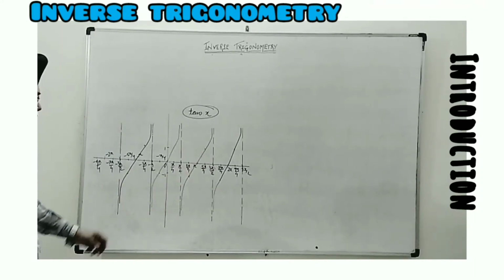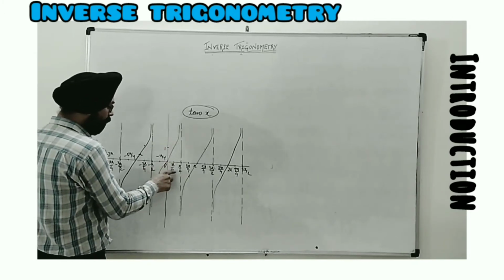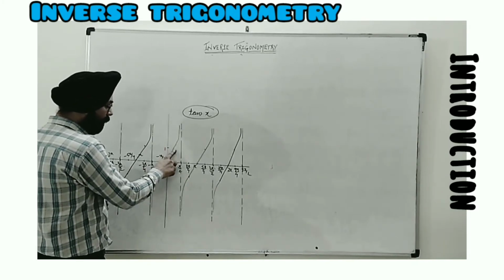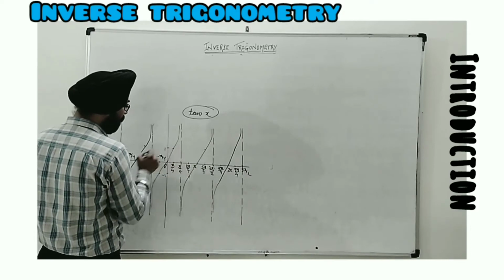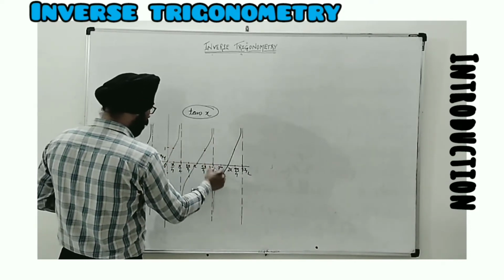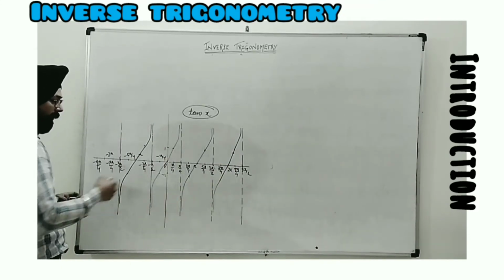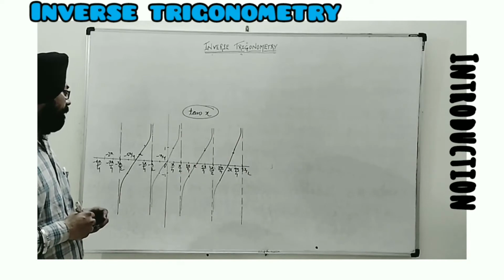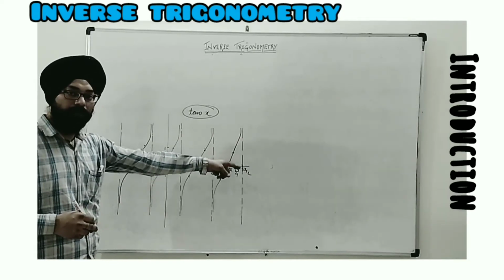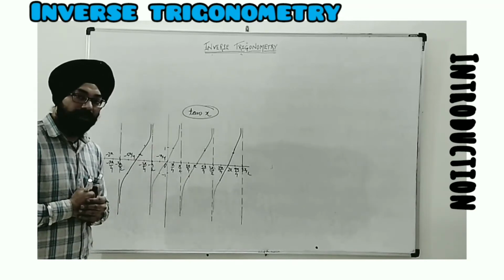So this way we can see, I can take one example: tan of pi by 4 is 1. This is not the only value for which we get the image to be 1. It's repeating for different values of x. I am changing the value of x, and after a particular interval we will see that we have the same value as the image. So this way tan x is not bijective.